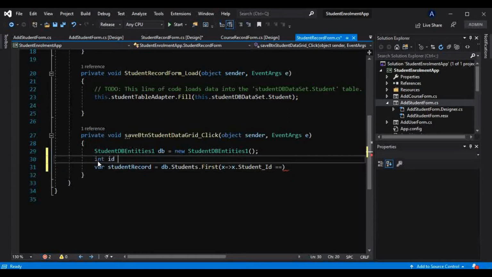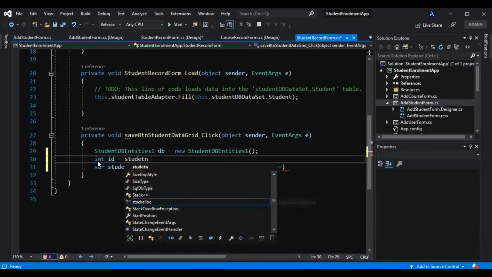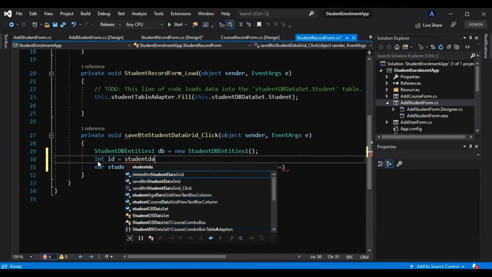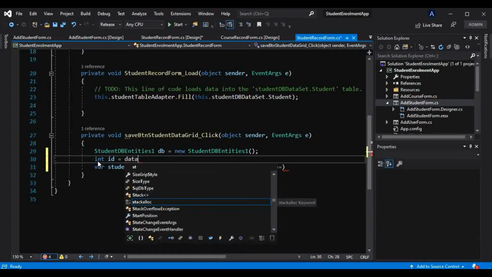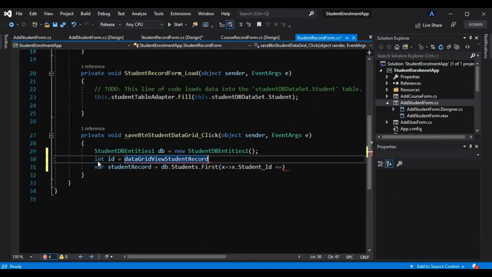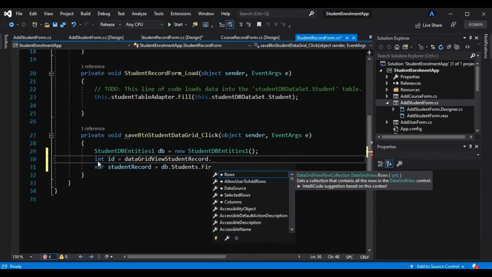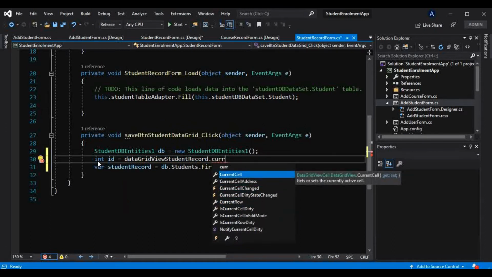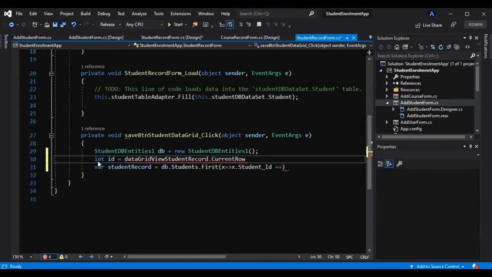So int ID is equals to, we know which data grid view we are editing, that is data grid student record. In that, the current row we are on, whatever the current row is, there is this property cells, and from that, on the 0th index, I want that value, and we know the 0th index is the student ID.